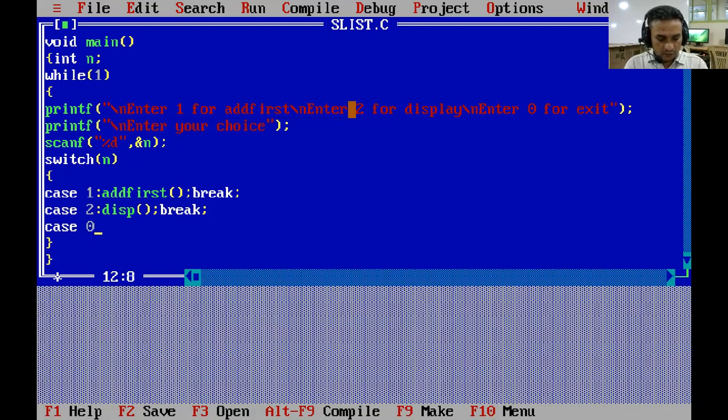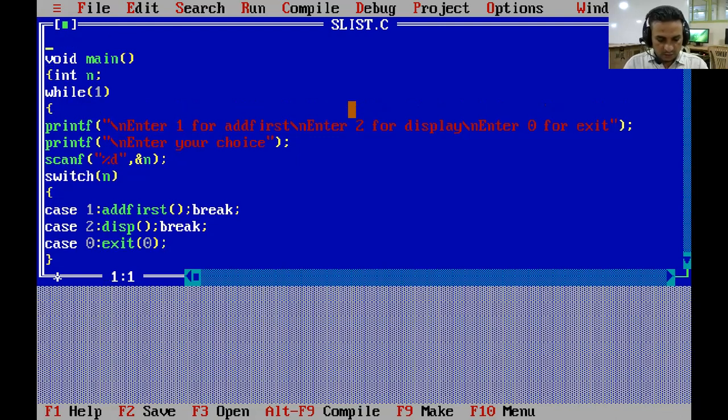For this we have to call the inbuilt function exit and pass 0 in it. The exit function is declared in the process.h header file. So we will include the required header file, include process.h.